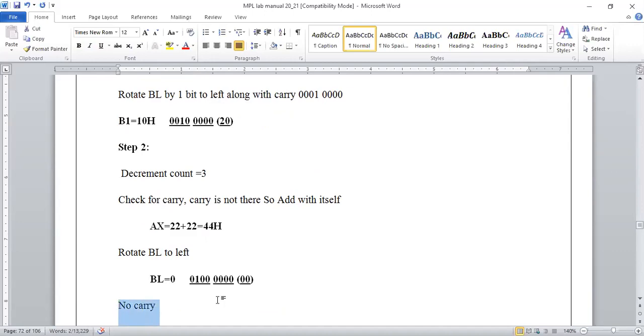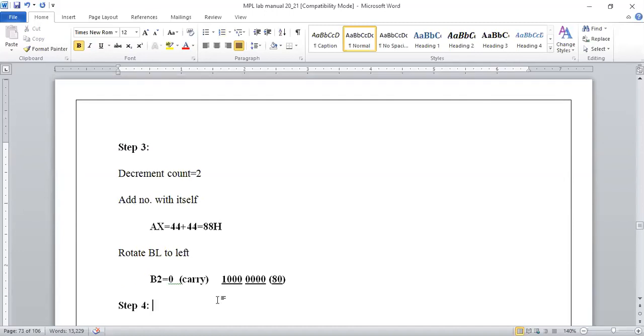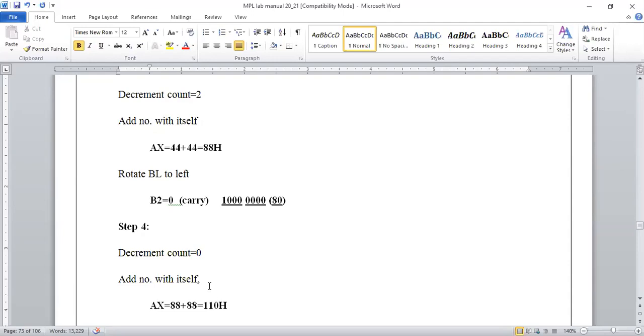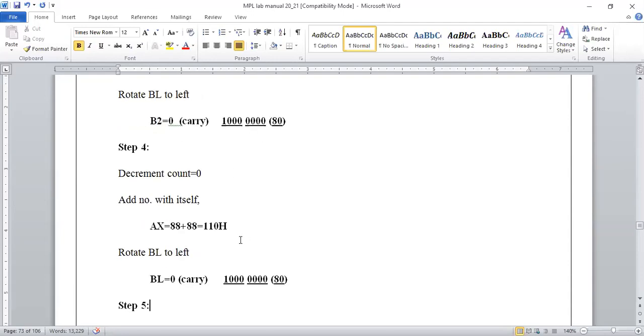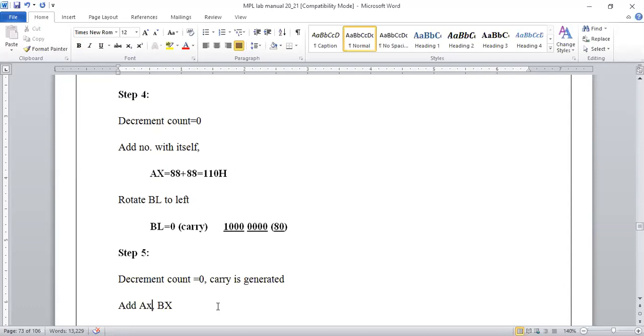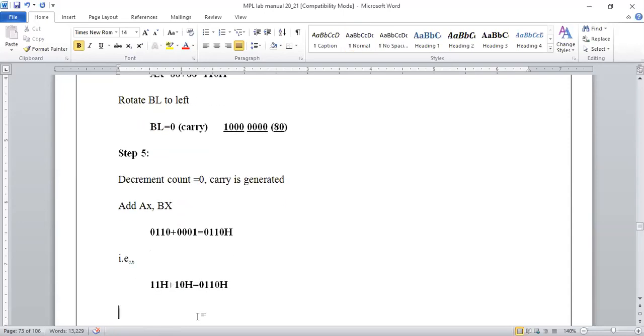So every time we need to check this, and that part we have to add in the program. We need to continue till, after rotation, we get a 1 in the form of carry. Once we have got that, we have to stop that operation, and we need to add that number with this, whatever the result that we have got. Okay, so that will generate your final output.